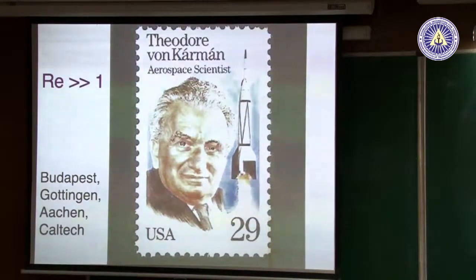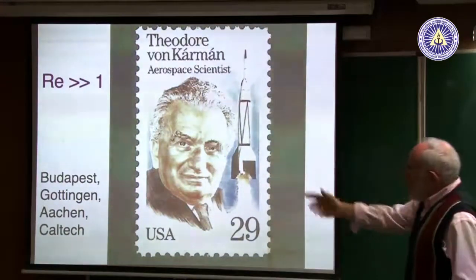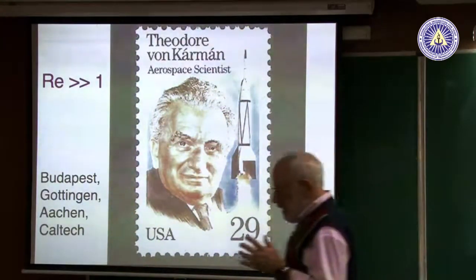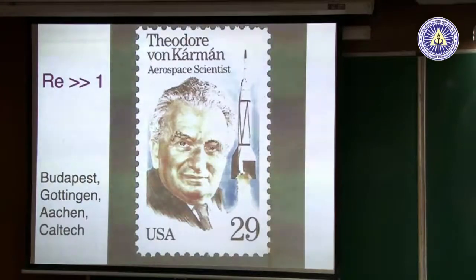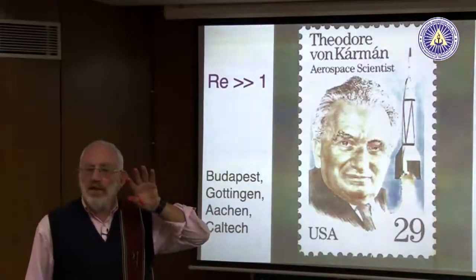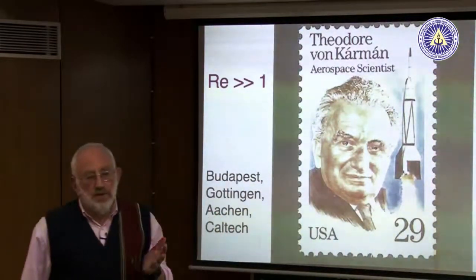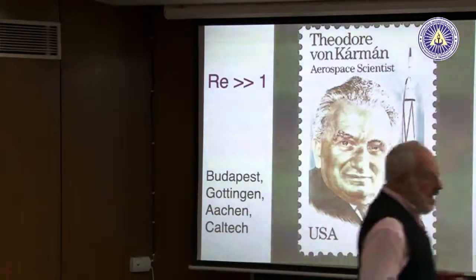The first person to look at large Reynolds number gravity currents was von Karman, who went around Europe a little bit and then ended up in Caltech. He was asked by the American military in 1940, who were thinking about releasing poisonous gas over the enemy, what would happen if they did so. They would do it with the wind going in that direction, but how much would come back over the American troops? They didn't want any. So von Karman looked at that problem,